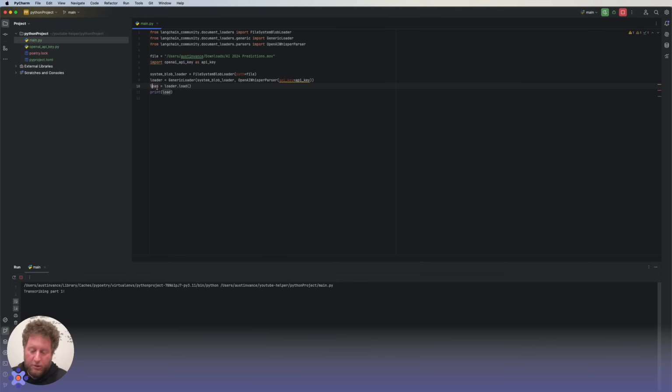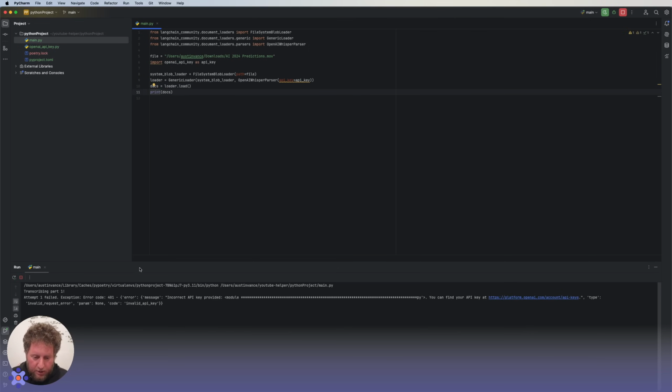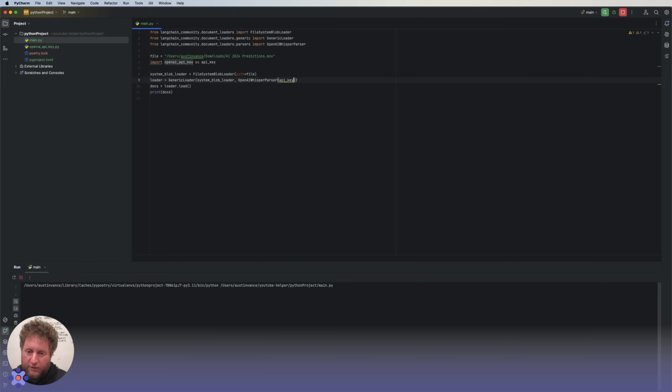I don't love this being called load, so while that runs and we can see it's actually transcribing, let's rename this to docs. That's pretty conventional in PyCharm, and we'll see we got an incorrect API key provided. Great. So I wonder if I just pass it in like this, if I get anything better. I doubt it.